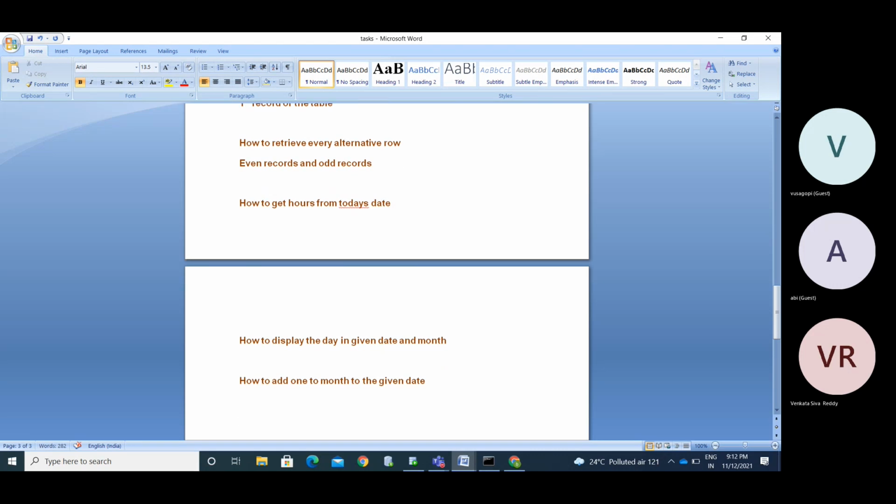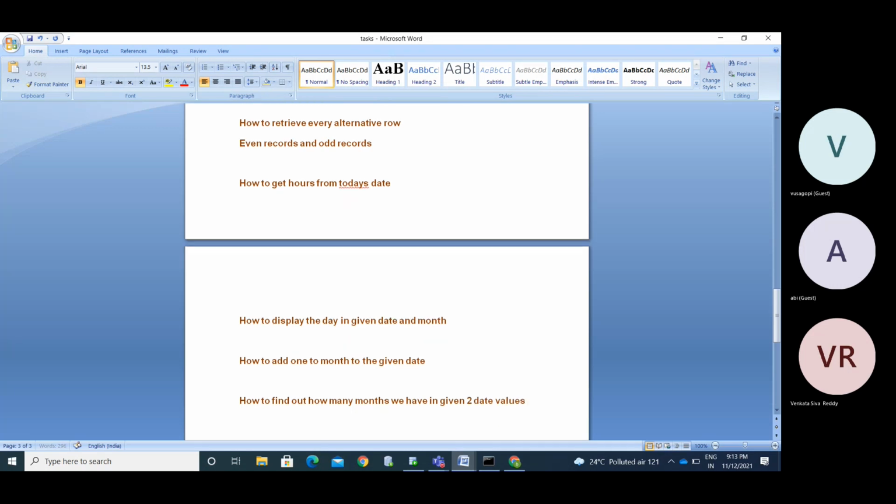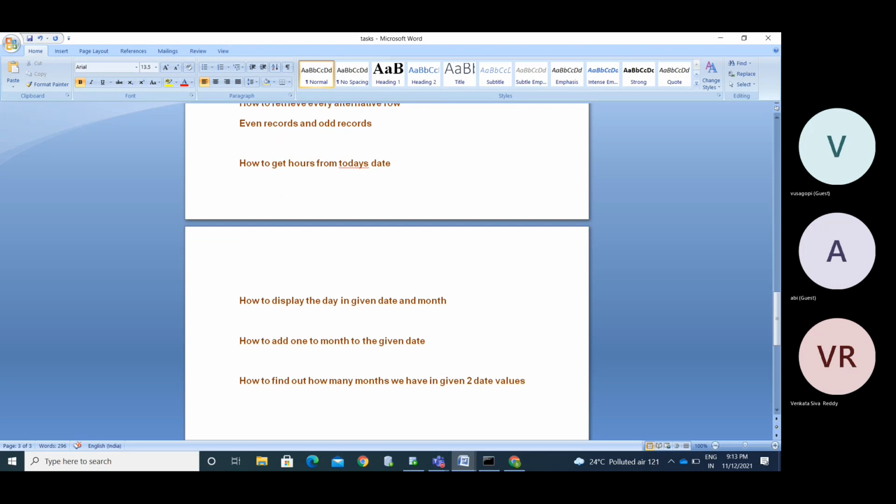Okay, so how to find out how many months we have between two given date values. Okay, find out how many months we have in the given dates.